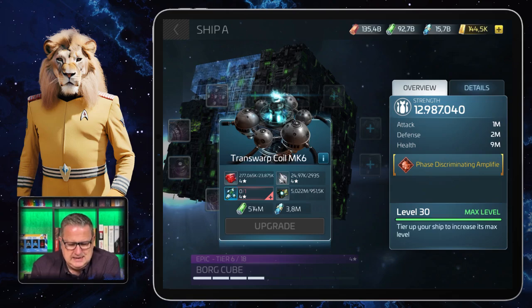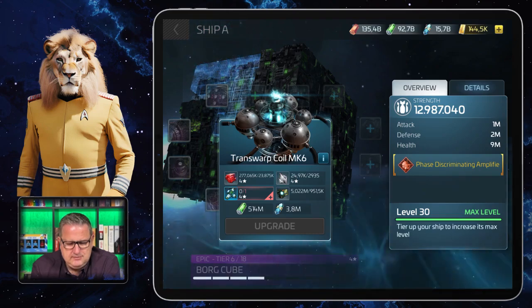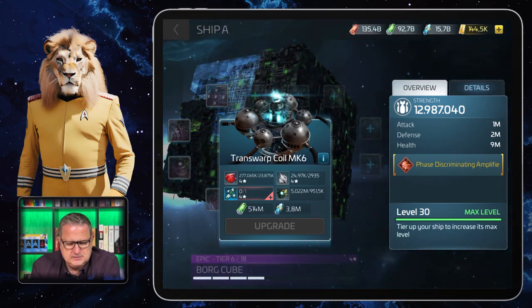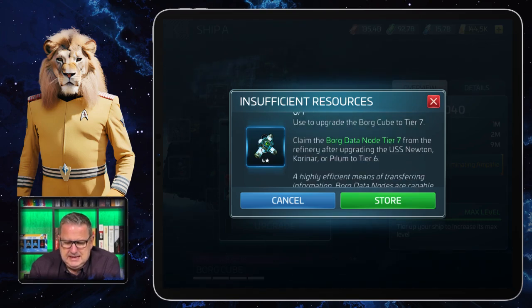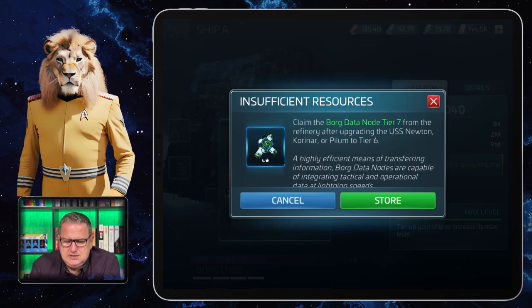For it, I need one certain piece I would get in the gift section if I have all the prerequisites for it, which I don't. And it says for the Borg data node tier 7 I need for upgrading here: Claim the Borg data node tier 7 from the refinery after upgrading the USS Newton, the Coronar or Pelham to tier 6. That means